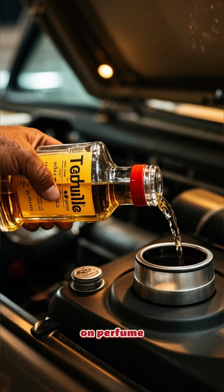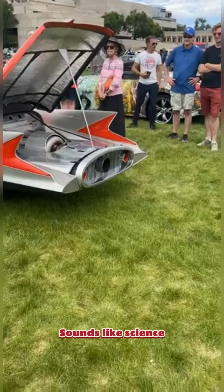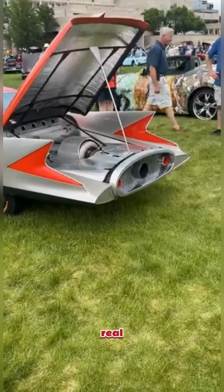Imagine a car that could run on perfume, tequila, peanut oil, even coal dust. Sounds like science fiction, right? But in the 1960s, Chrysler made it real. This is the story of the forgotten turbine car, a vehicle so ahead of its time, it could have changed